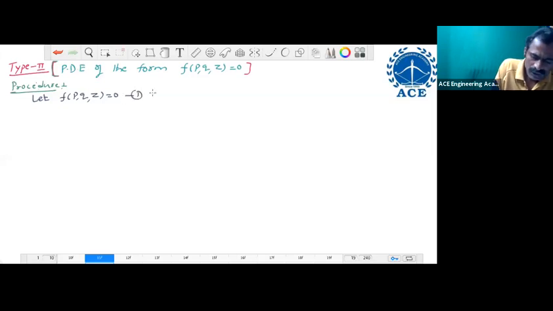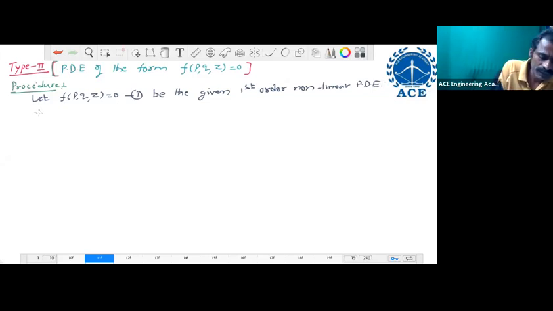Call this 1, the given first order non-linear partial differential equation. On our shortcut method, we do like this. Consider q equal to ap, call this 2,